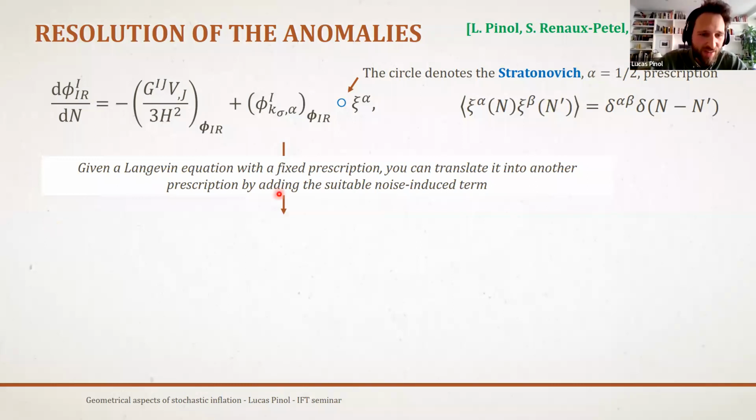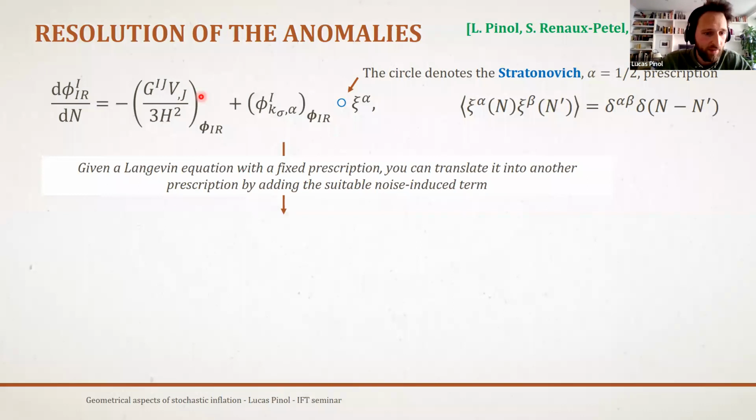Thank you. So let's look at the Langevin equation that we now understand as being in the Stratonovich prescription. For this, we will denote it with this blue circle here. This means that it should be interpreted with a given time discretization. Then, as I was saying before, you can always choose to work with a different time discretization, but then you should add consistently something to the equation, which is the noise-induced drift. If you do this, you can choose the prescription that you want, but it will modify the equation.